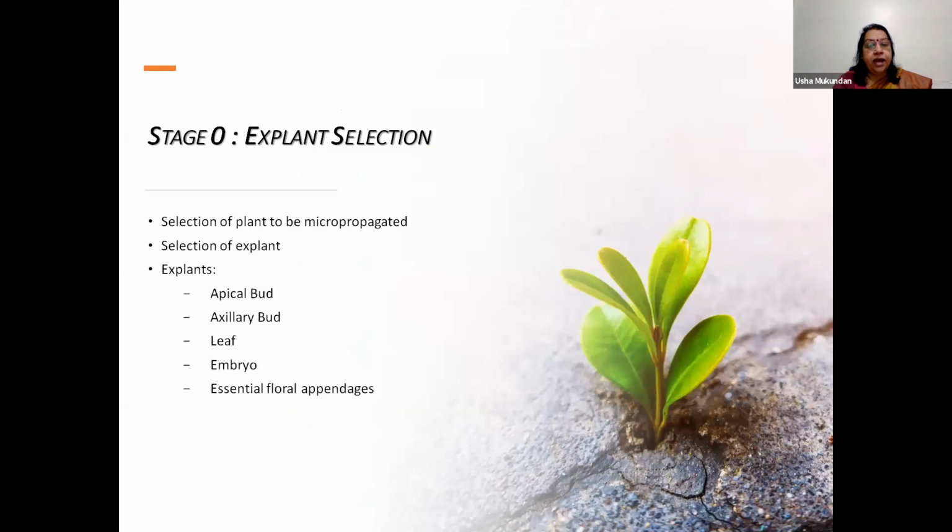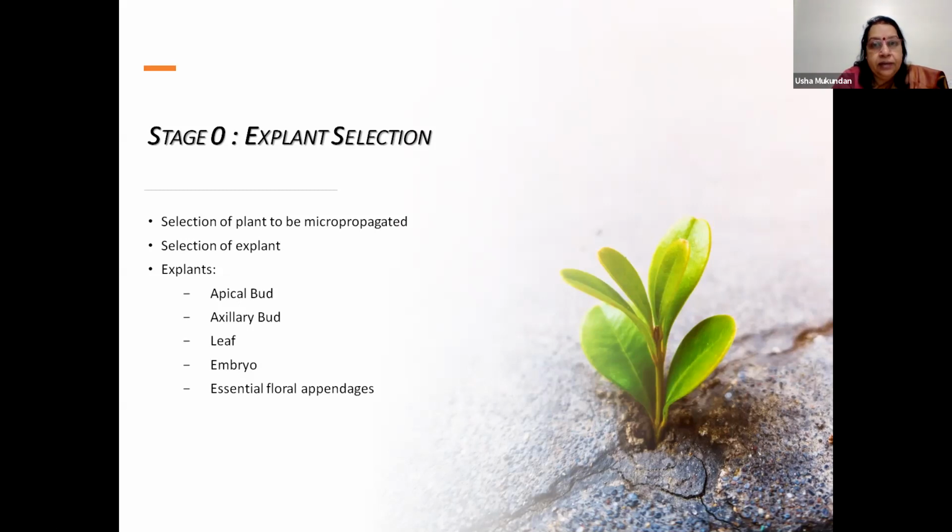So choice of explant, as I said, if you want virus-free plants, then you use the apical meristem. The reason is this apical meristem is devoid of any vascular tissue, and usually viruses are transmitted through these vascular tissues. But if you take an apical meristem, it is normally clean. That means it will not have any virus in it. So because your starting plant material is virus free, you end up getting clones which are also virus free plants.